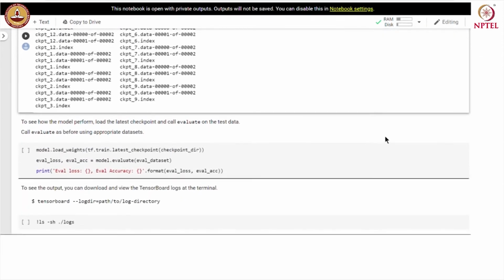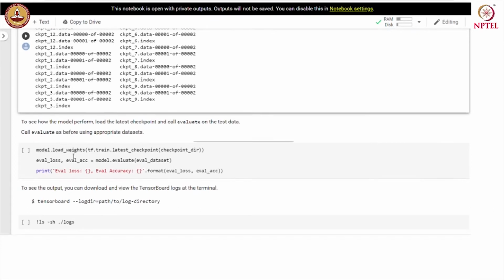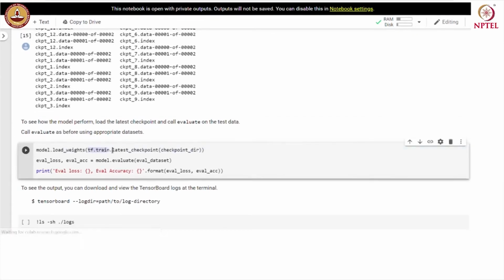Let us check how the model performed. For that, we will load the model weights from the latest checkpoint in the checkpoint directory, and then we will calculate the performance of the model by calling the evaluate function.